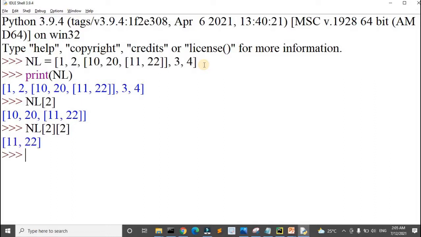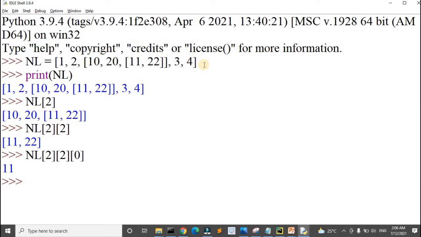You see that the 11 and 12 values present at index 2 of NL of 2 are displayed in the output. Now let us try to display a single value using multiple indexes. At index position 0, this displays the value 11 as the output.